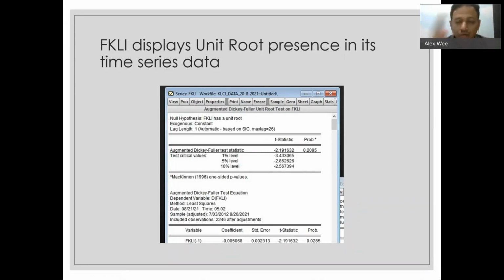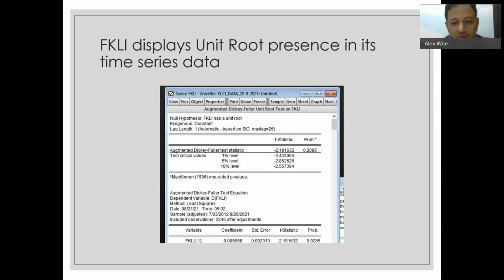So what we are trying to achieve is to reject the null hypothesis. We want to find evidence to reject it and use the alternative hypothesis to say that this data does not have a unit root, so it is perfectly fine and can be used to create an indicator. But the reality is, if you test any year or any months of FKLI or FCPO, you will see that they do not pass this test. The p-value is 0.25.